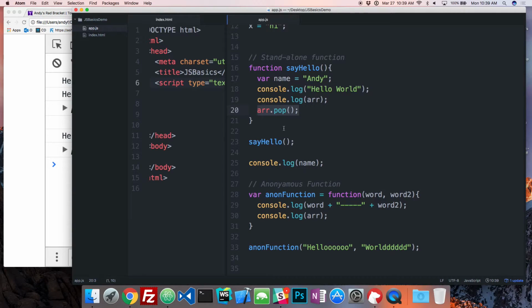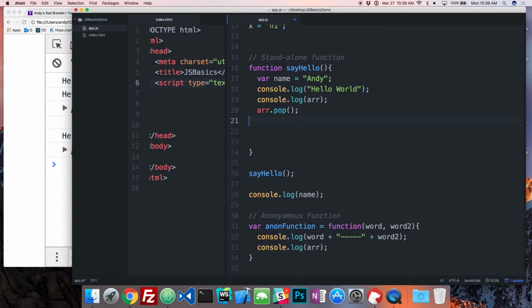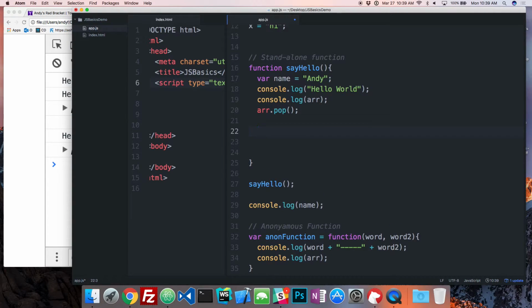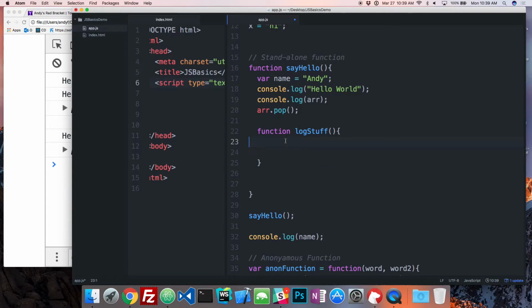Any questions about function scoping? Right, pretty straightforward question. You can write a function inside of a function, but that just means that now, let's say this: we're writing a function, let's say log stuff. Right. So here we have a variable called name.